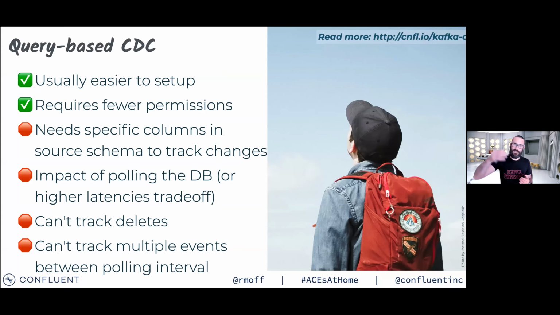If you're polling every second and 3 different events happen, you get what happened at the first poll and the last poll, and you miss those 2 intermediate events, which if you're driving applications by those changes, makes a massive difference. You also need to have a schema which supports this idea of updating timestamp or an ID column that's incrementing each time. So there's several reasons why you wouldn't usually use query-based.